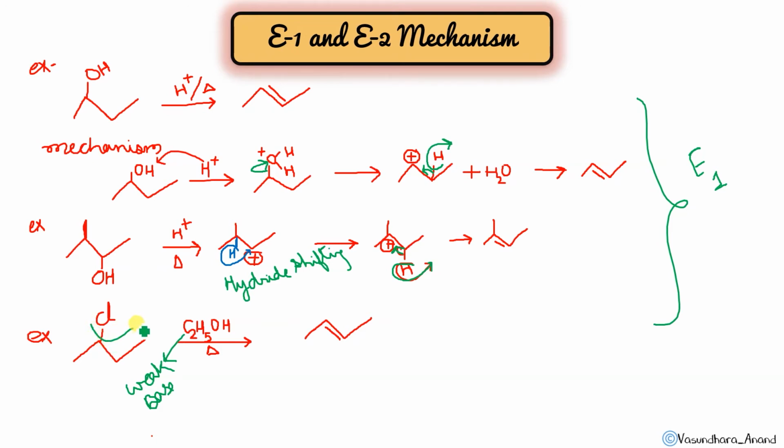and that's why here positive charge will be there. And now in next step, the beta hydrogen will come out, leaving behind its bond, its electron. So this will go and attach here, and this will give you this compound. I hope it is clear. Yes, clear. So these all are E1 reactions, and how you identified, you know.